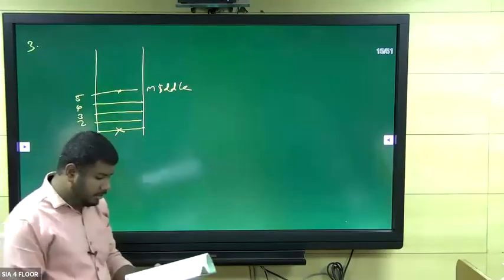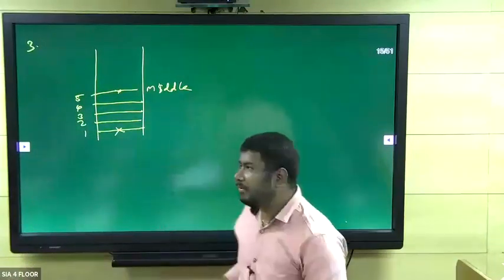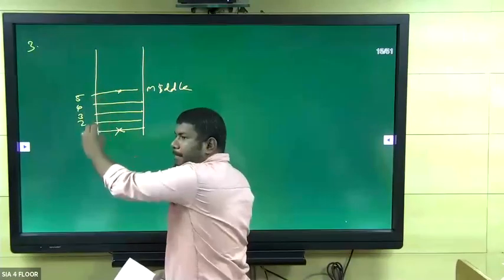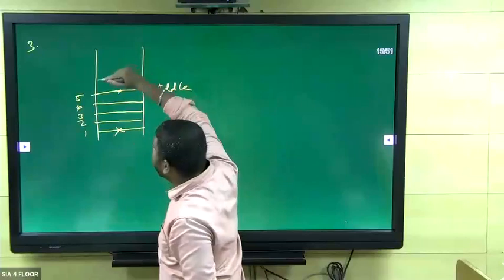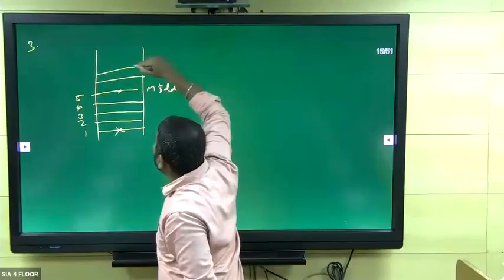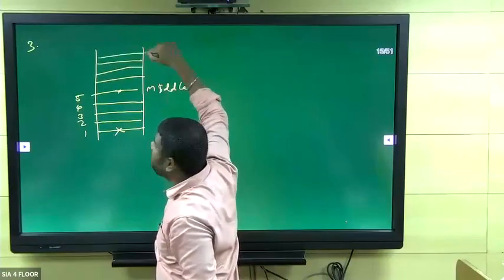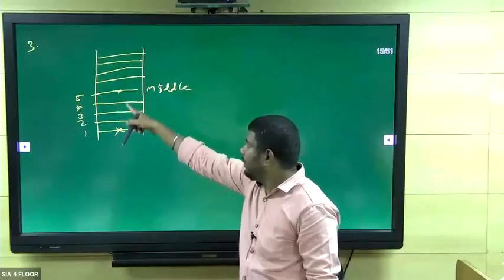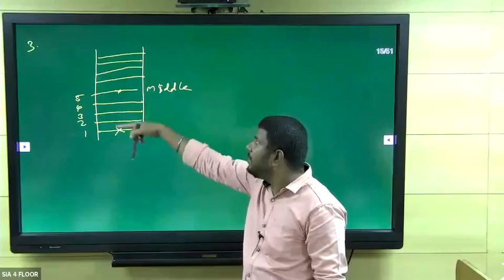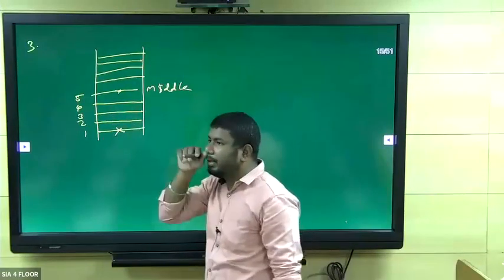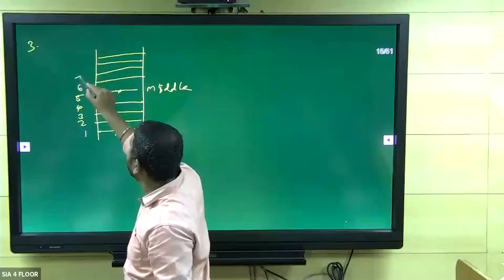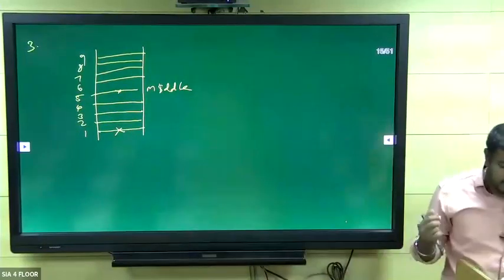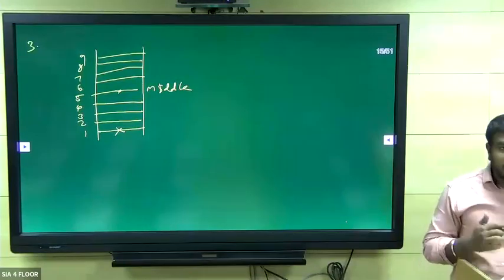Okay. So what is the question now? How many steps does the ladder have? If the fifth step is the middle step, we have four steps below, right? Then we need to add four steps above, then only it will be a middle step. Here we have four steps, then we add the four steps above the middle step. So 6, 7, 8, 9. So how many steps does the ladder have? Yes, very good. 9 steps, right?